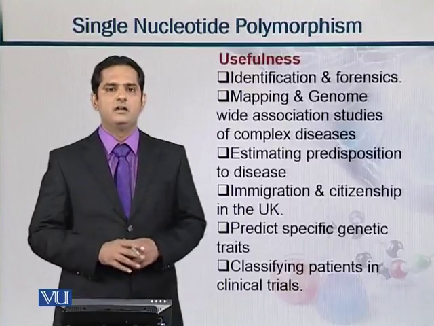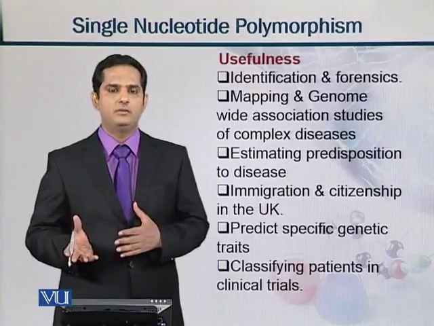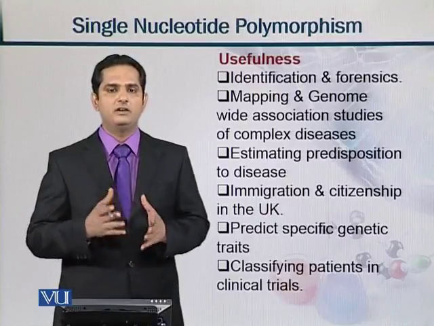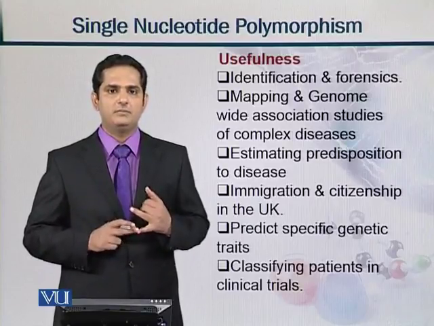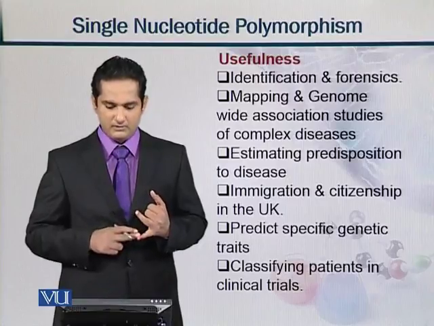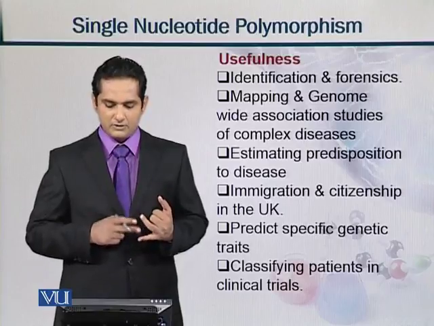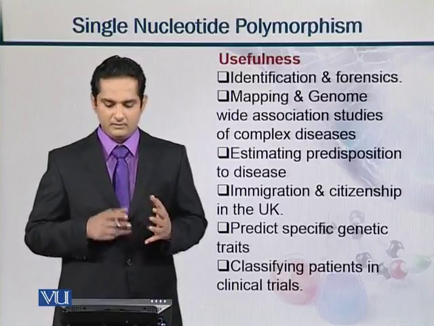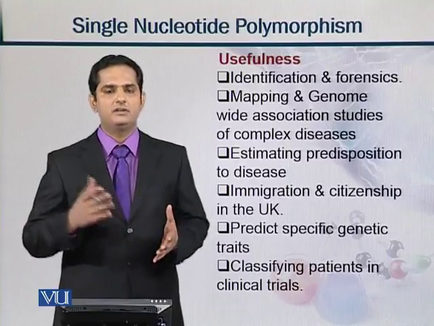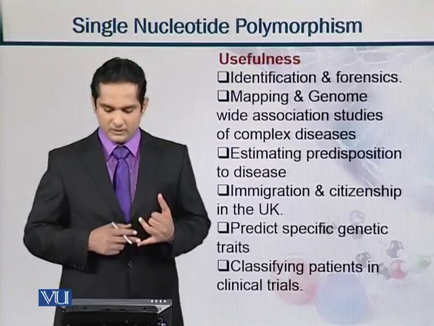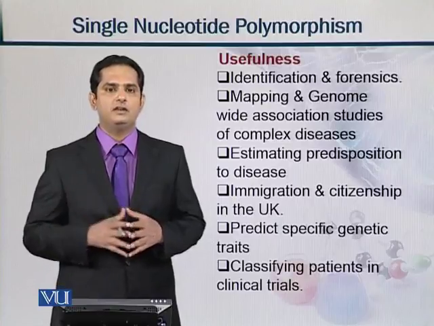So what is the usefulness? As we know, when we want to identify differences between humans or between different organisms, we can take information with the help of these SNPs. So a major contribution of SNPs can be identification of humans or persons, and this is directly relevant to the domain of forensics. Similarly, mapping and genome-wide association studies of complex diseases. So if we want to see the effect of some disease, then if they are applicable to one gene sequence, they should be applicable to others also. Estimation of predisposition of disease, so that the diseases which are going to occur can be foreseen based on